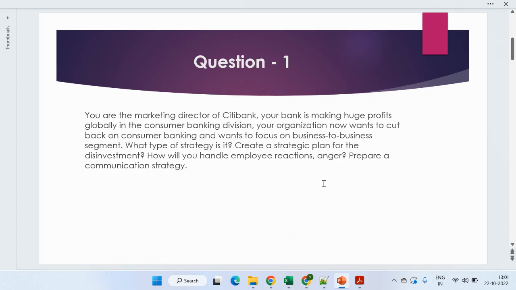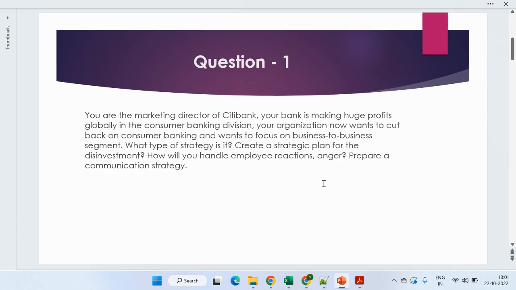right? They are planning to talk with many companies, so that they can have more current accounts instead of the savings accounts. So they are looking forward to growing more on the business to business side, by dealing with the big MNCs, big companies, and they are focusing on that step. So this we call disinvestment. So here we need to talk about the strategy, what this is all about.